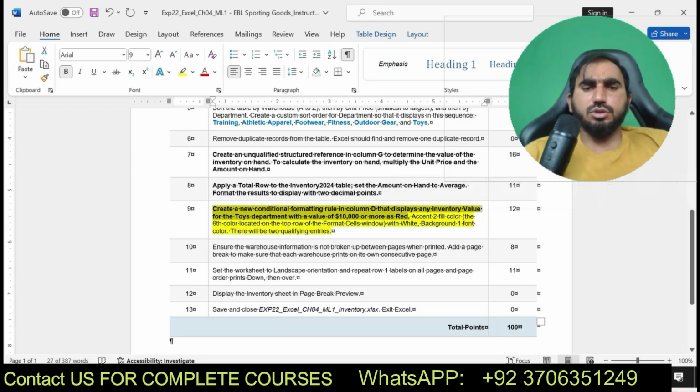Here you can see I'm going to solve step number 9, create a new conditional formatting rule.